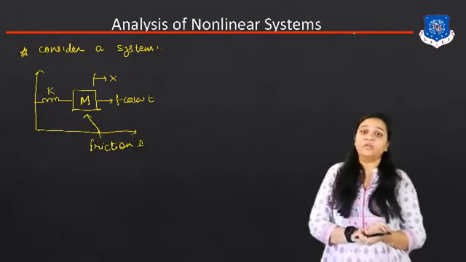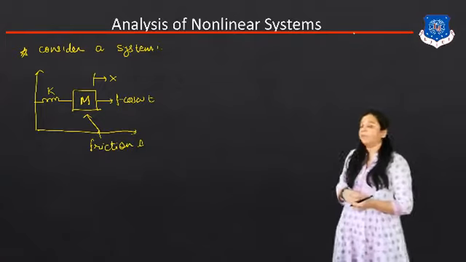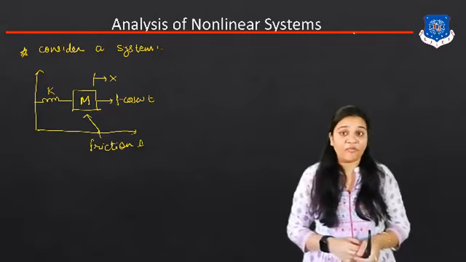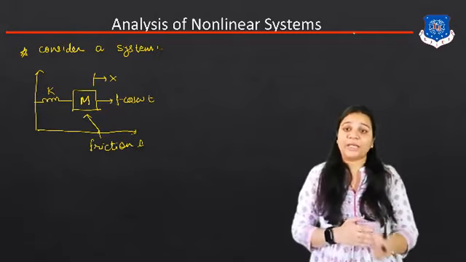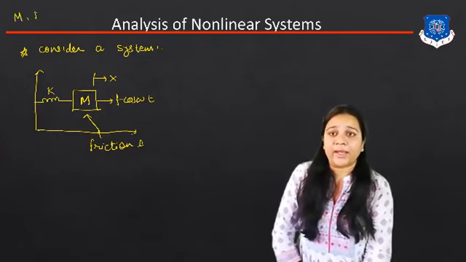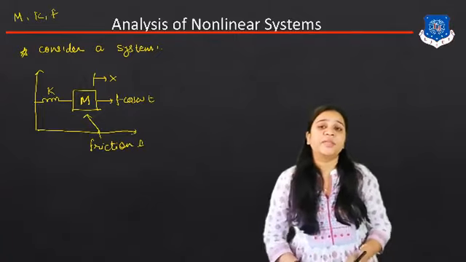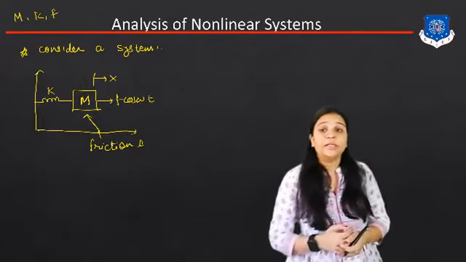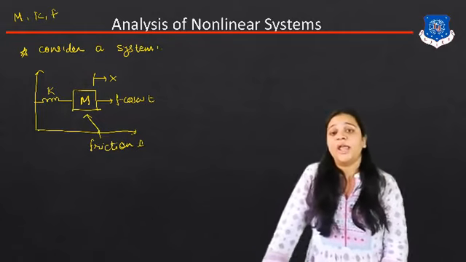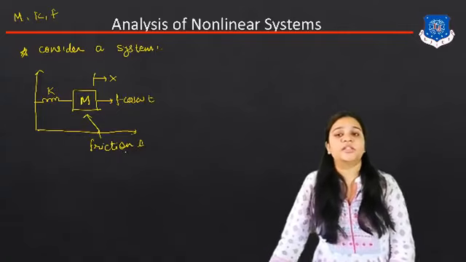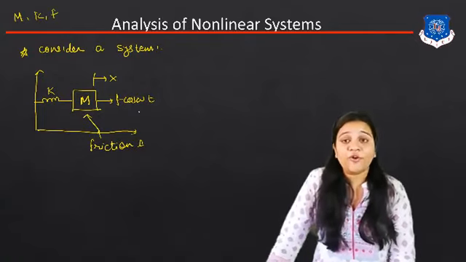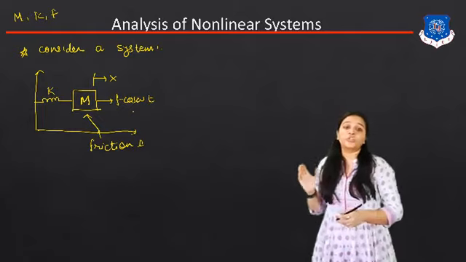For that we have taken one simple example. Here a mechanical system is given, where the mass, spring and damper are the basic elements of the mechanical system that you have to study in the control system. Mass is M, K is the spring constant, and F is our friction or the damper for this particular system, X is the displacement of the system, and the force applied to the system is F cos omega t.